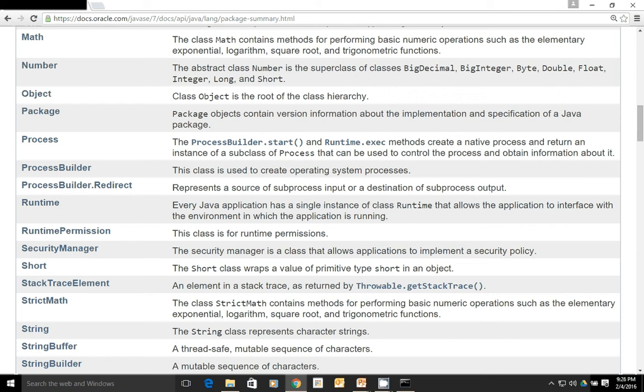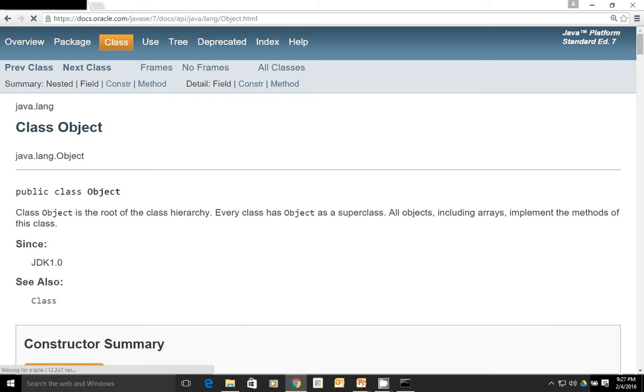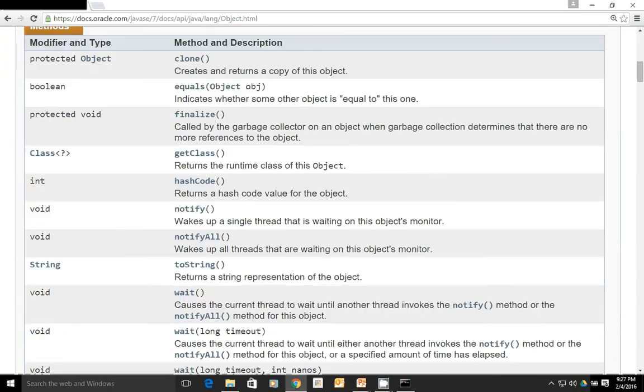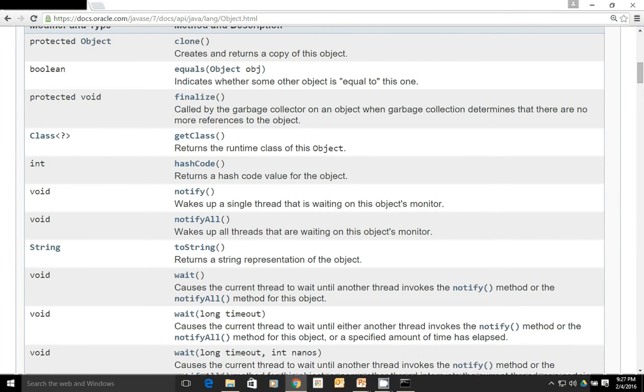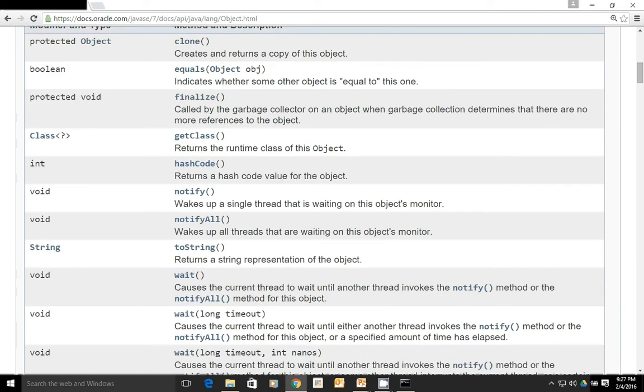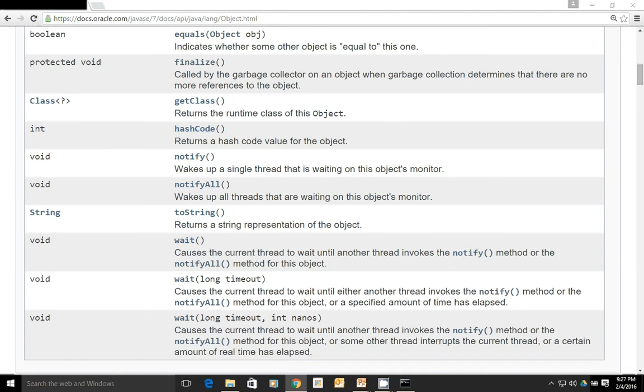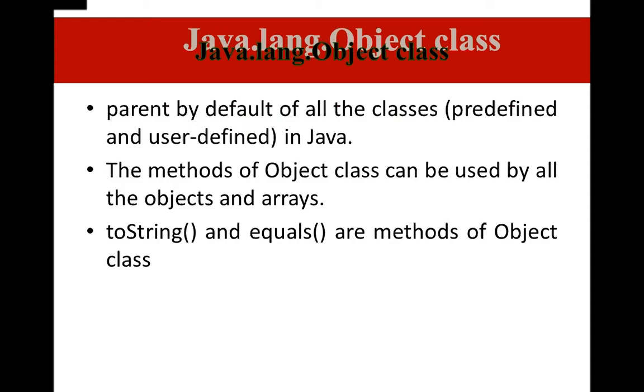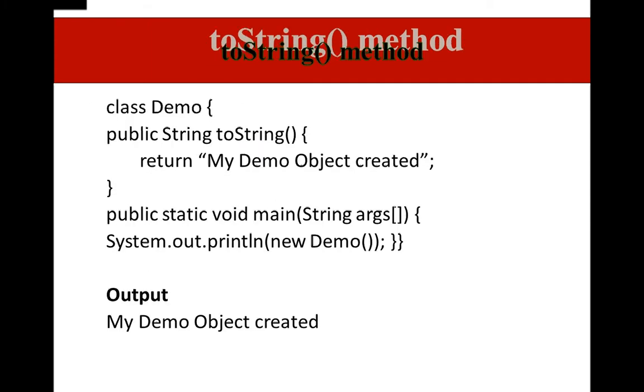Here, the Object class is the root of the class hierarchy. In the Object class we have different methods, like equals, clone, finalize, and something called toString. A few more methods are available, but let me focus on the methods which are very useful. clone is the method used to create a copy of the object, and it is of protected type, meaning that within the package it is possible. And of course, we use the toString method in the wrapper classes.